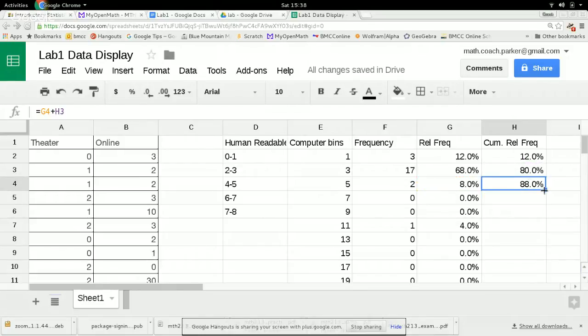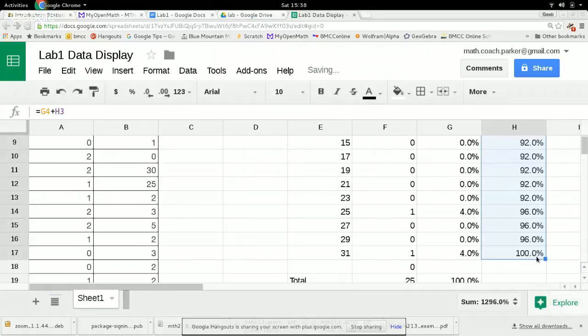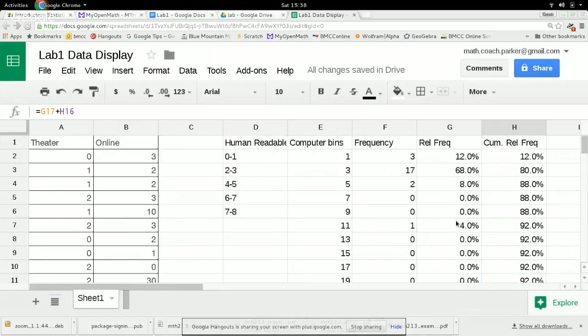And so I'm going to fill that down. And what I should find is when I get to the last cell with data in it, it should add up to 100%. So right there is my 100%. And so I can see, again, these zeros didn't change the cumulative relative frequency. So this means successively add the new number, add the new number, add the new number, and so on. So that's cumulative relative frequency,